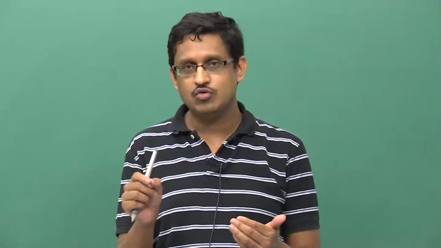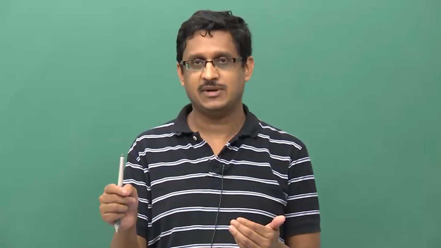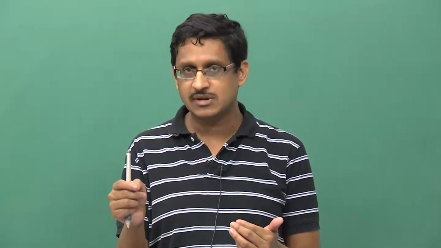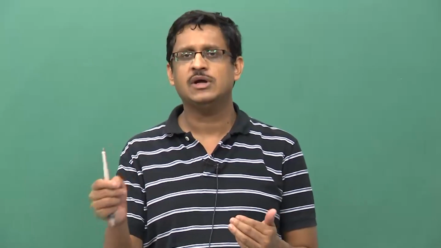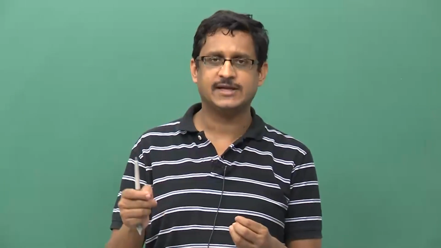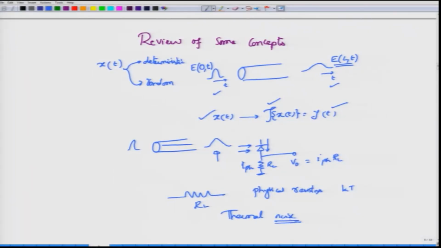So, it will move, collide with the atoms and then come back to rest, and because there is some energy again available, it will move. So, there are these random motions that keep happening in the resistor, giving rise to what is called thermal noise, right. And this noise is an example of a signal that is random in nature, which means that